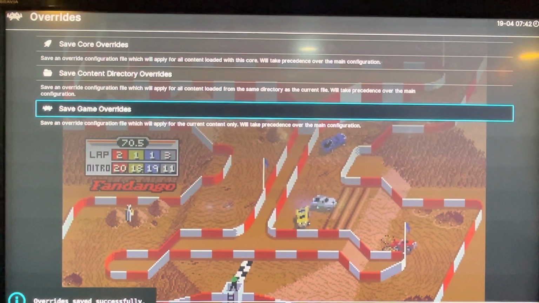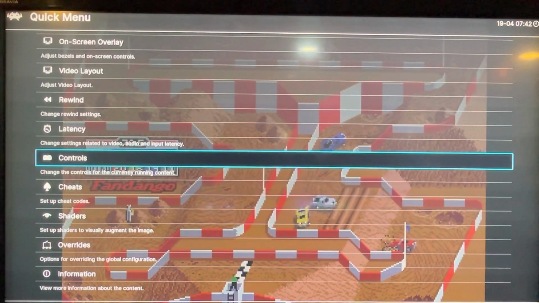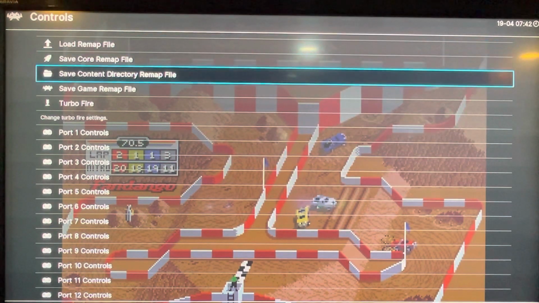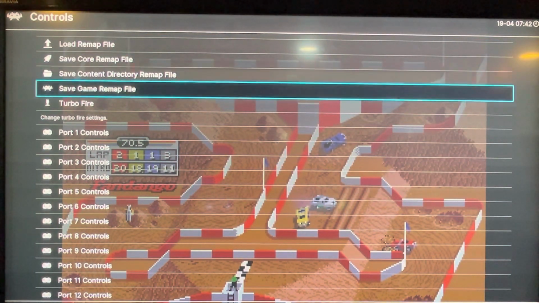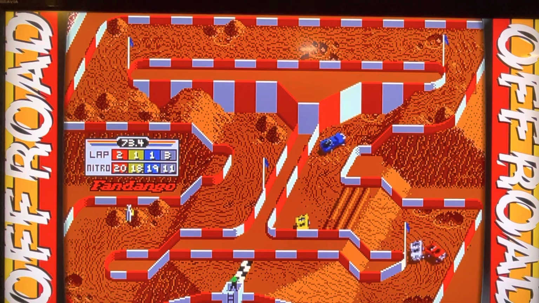And I'll also go into controls when I do the controls and save the controls. Since we didn't save in RetroArch, I don't think you need to here. It already saved everything in MAME, but you can always just save the game, remap file. Why not? That's the lesson for